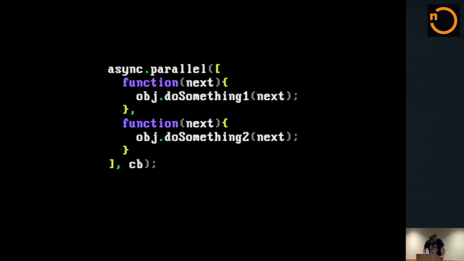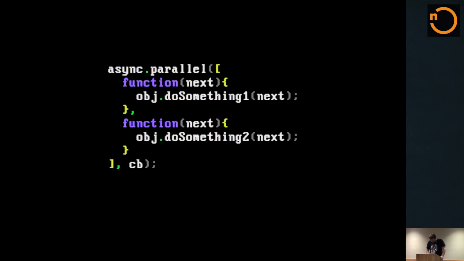So also, when you're using async parallel and these functions don't require any context, you can just go ahead and pass these things in, right? But instead, probably you're going to end up with some functions that have some context, so you have to call them on the object itself or do some bind or something like that. So here I've just wrapped them up in functions, make it easy.